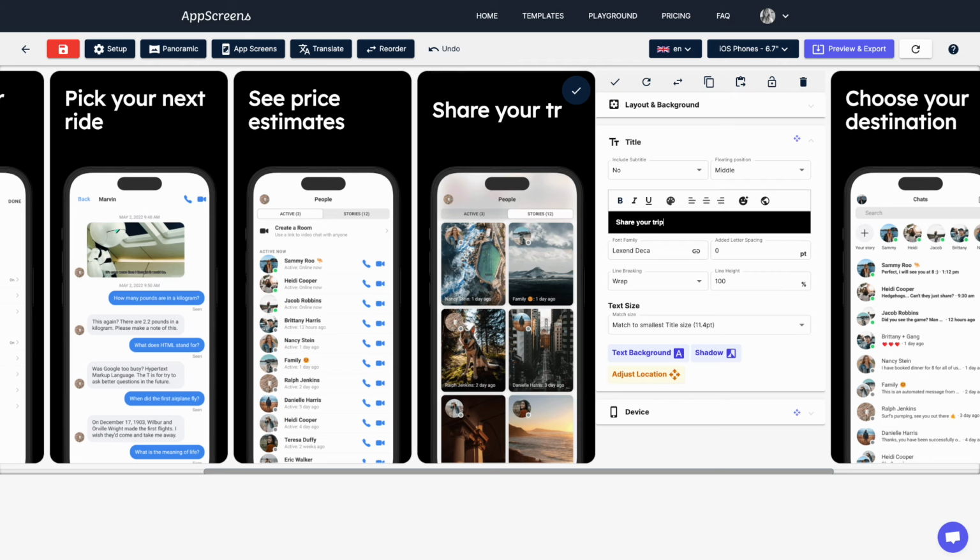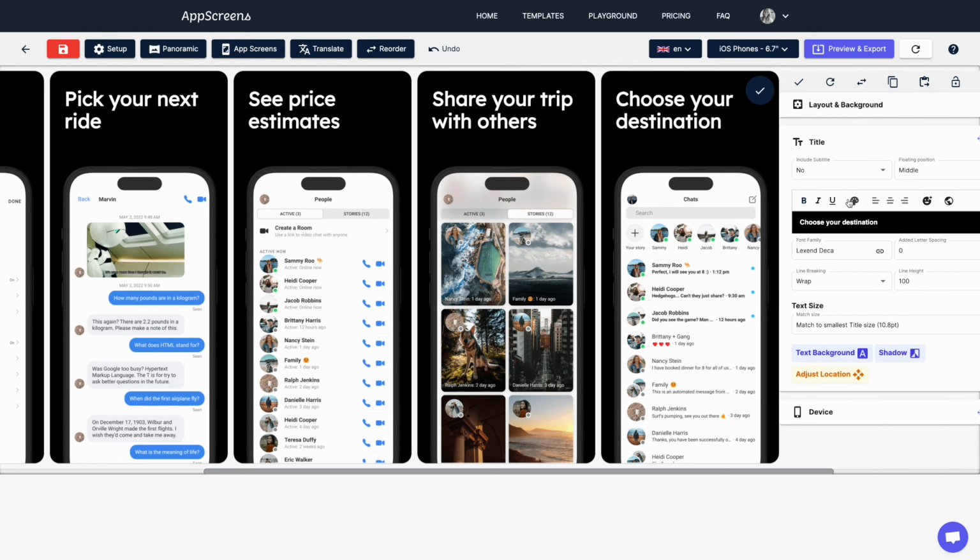Share your trip with others. And finally, airport pick up and drop off. Perfect. You may have noticed there that when I finished typing the second to last one, all of the matching